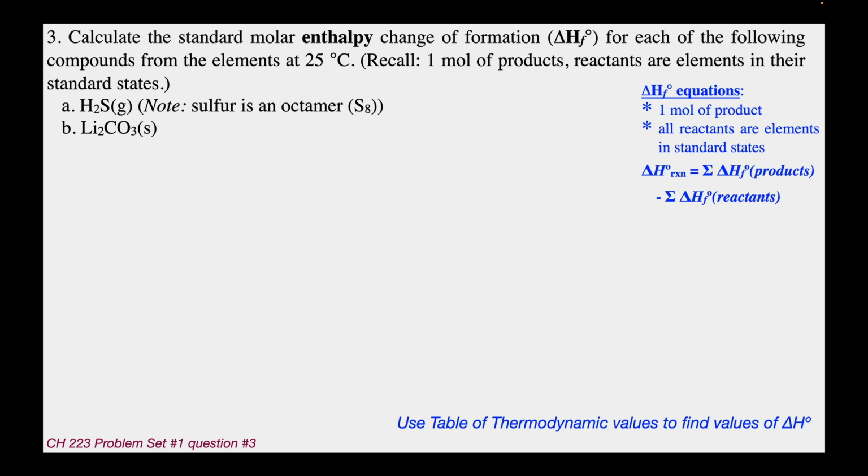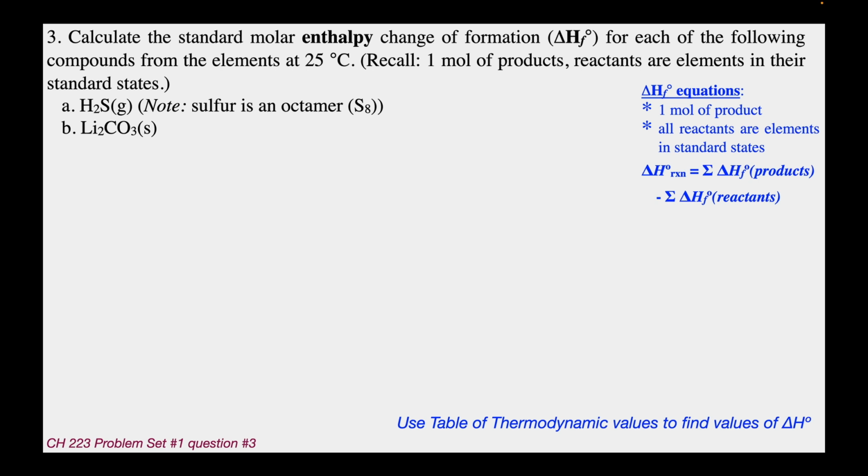And once we have the reaction listed, then we can use the delta H of products minus delta H of reactants thing that we did in Chemistry 222. The little sigma, the little E thing right there, means add up all of them. So we'll add up all of the enthalpies of the products and subtract, adding up all of the enthalpies of the reactants. You will need the table of thermodynamic values that's located at the end of problem set number 1. It's also listed at mhchem.org/thermo, whatever you want. For the first one,